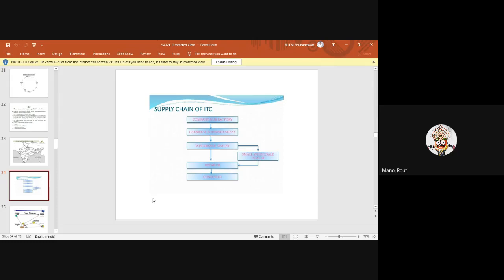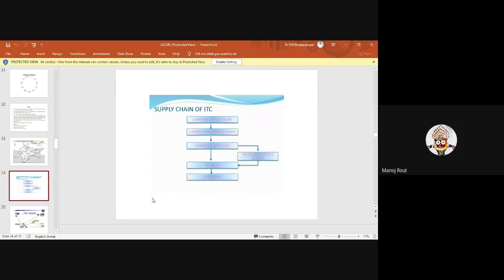So this is the simplest way of ITC's supply chain management, because the strategy of supply chain management in case of ITC is that they are directly focused on rural India. So that is why they make their supply chain model in the simplest way, starting from the company hub factory to the carry and forward agency, then wholesaler to the retailer, or in some cases wholesaler to the small wholesaler or dealer, then small wholesaler to dealer to retailer, and finally